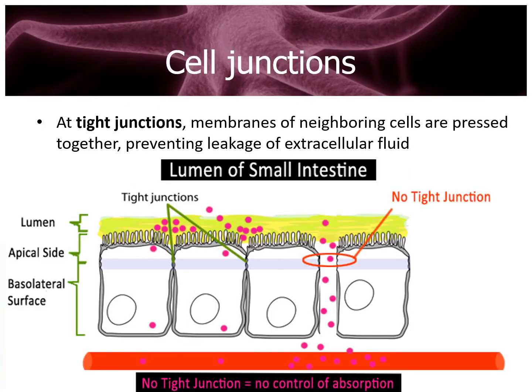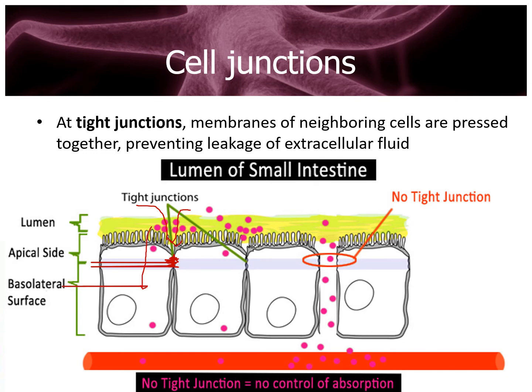In animals, there are 3 different kinds of cell junctions. The first one is called a tight junction. Tight junctions serve the purpose of preventing leakage. So they are very tightly grouped together right here. It's like sewing a hem. And now these particles that would potentially be able to slip through cannot, and the only way they can go